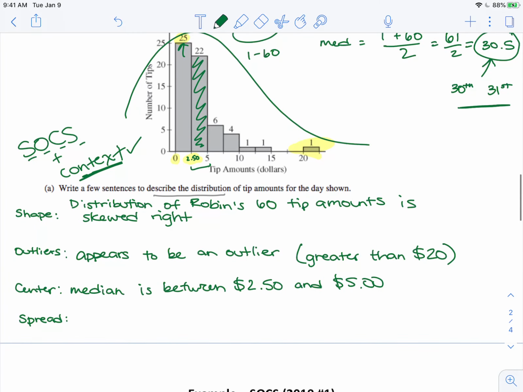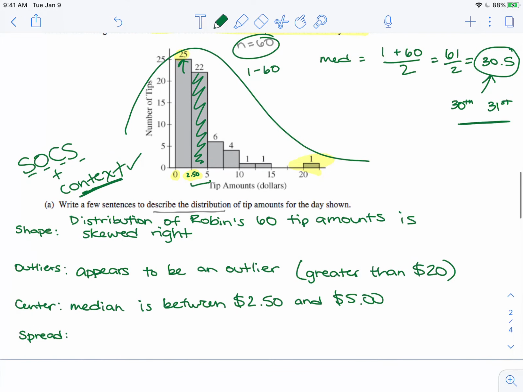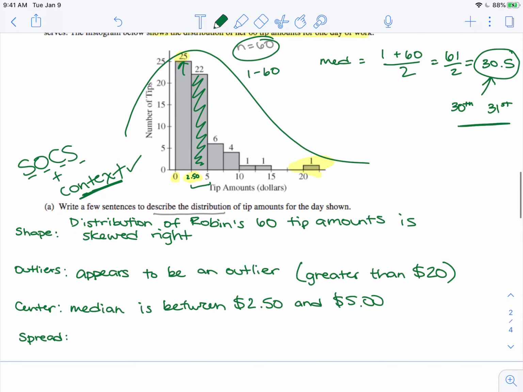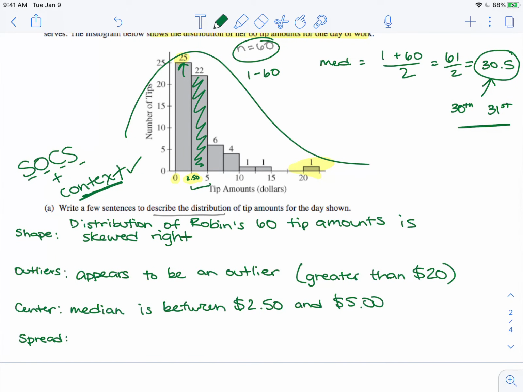Speaking of range, spread. Let's do the range for this one because I'm not about to estimate the standard deviation here. It's a little bit too hard. So the range is the biggest number minus the smallest number. So this point right here is 22.50. Well, 22.50 minus 0 is just 22.50. So I'm going to say the range is about